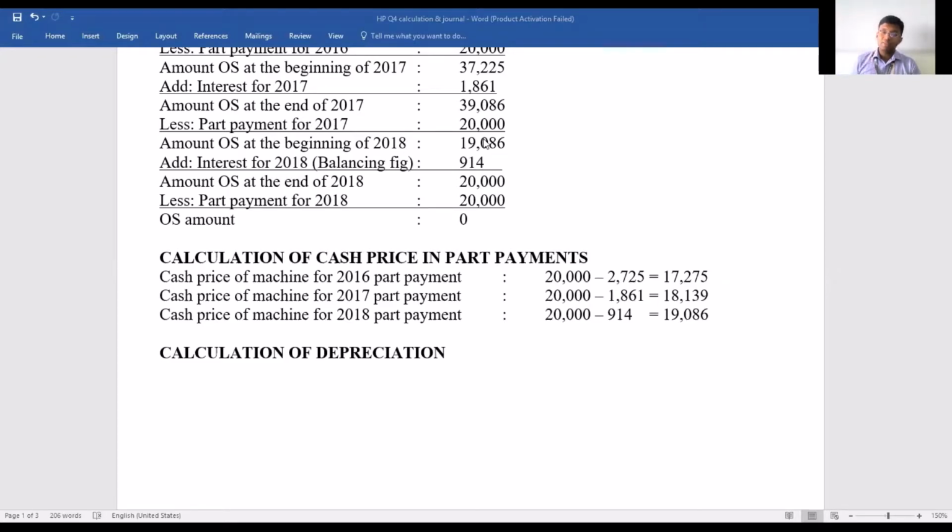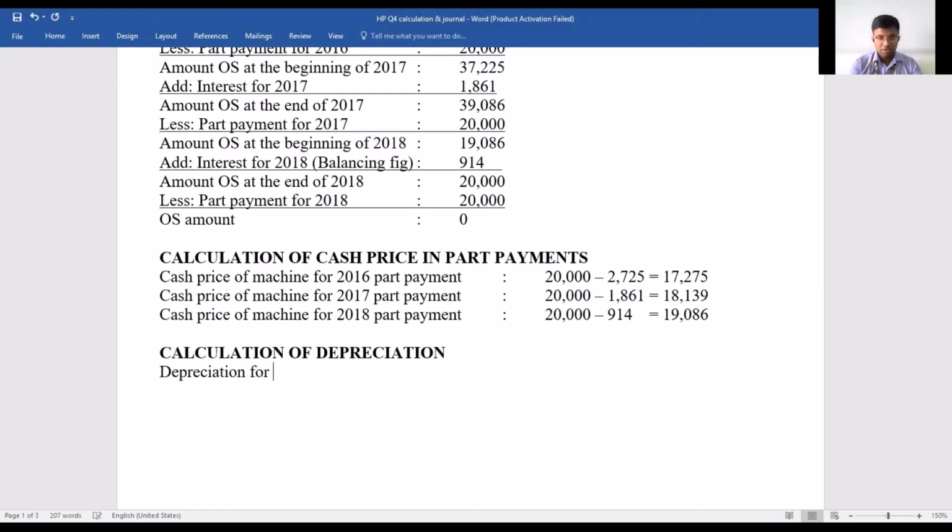So what is the straight line method of depreciation calculation? In the straight line method, you will be computing the same amount of depreciation every year. The same amount of depreciation would be computed every year, and that method is called the straight line method. And remember, depreciation is always calculated on the cash price. Okay, it is always calculated on the cash price. So let us work this out.